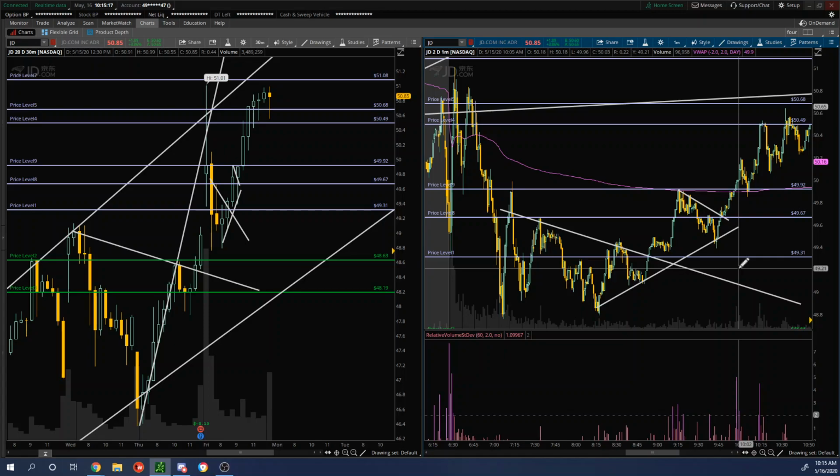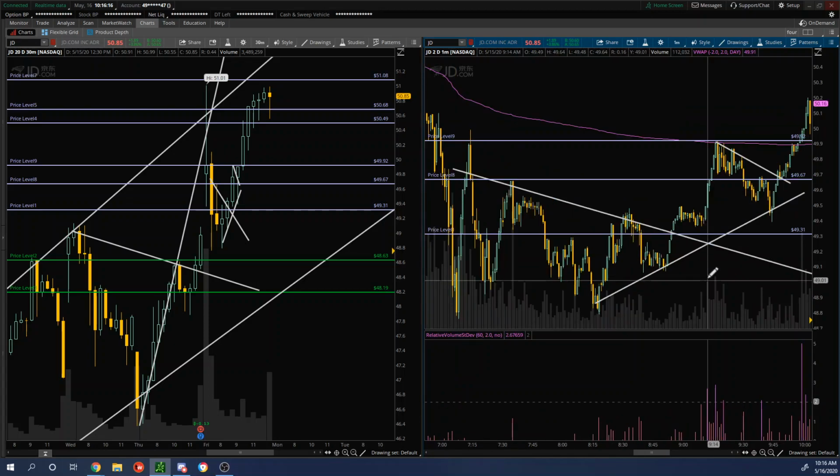I immediately took that add-in off right here. And then I took my base position off, except for 1 contract up at the top here. Why? Because this was a really important rejection area earlier in the day. You can see there was a pretty explosive move up and a sharp rejection, so that's where I took most of my position off. Now, as we go on,